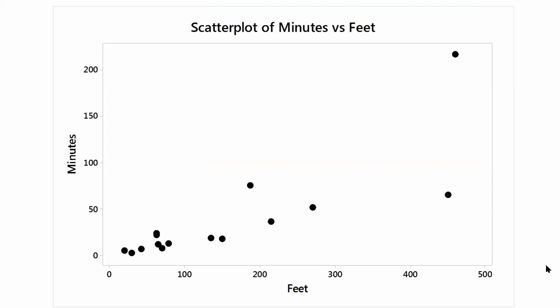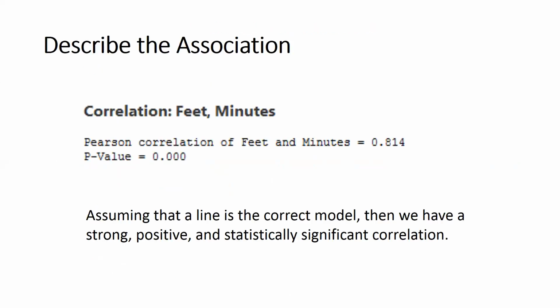So I'm going to begin by exploring the data, and I made a scatter plot of minutes against feet. And I'm looking to see if there's some kind of pattern I recognize in this graph, and it's kind of intriguing. I have to admit I was somewhat irritated when my father pestered me with this project, but I was intrigued when I looked at this graph because I think the best model that represents it really is a line, but there are some issues with that line. So I began to pursue a regression analysis here for the minutes, the Y variable, against feet.